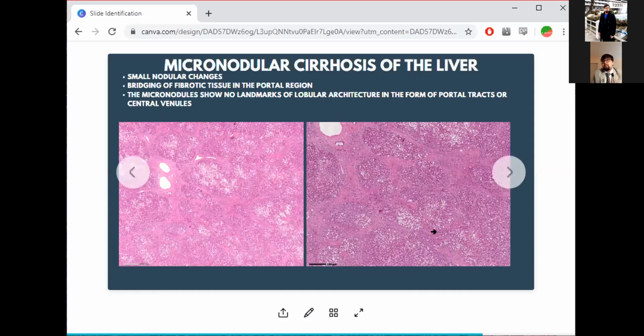Now, the greatest example of that kind of bridging would be somewhere here. So for example, this is probably a portal triad. This is, you know, the central vein. This line here should not exist, but this exists here. That's what fibrotic bridging means. In order to try to explain this a little better, I am going to again share my screen. I am going to see, okay, this is cirrhosis, alcoholic. Yeah, let's see. I'm just going to change my screen again and I will show you what bridging looks like.